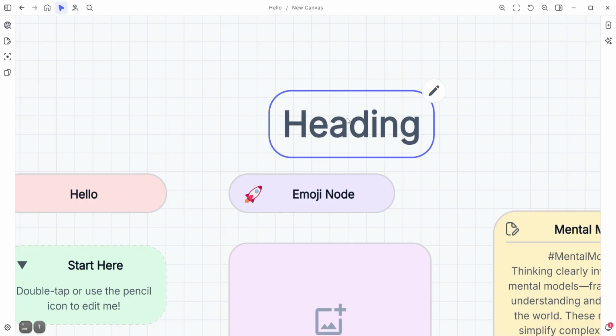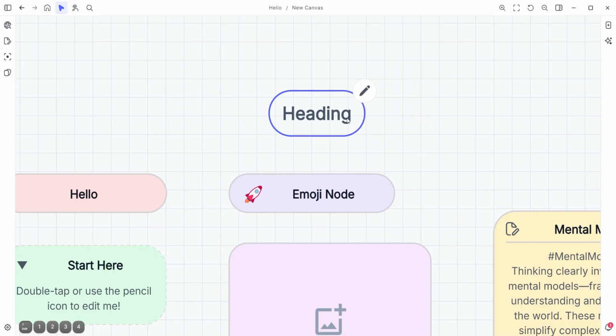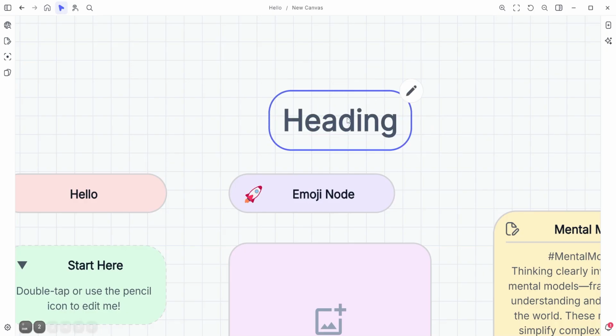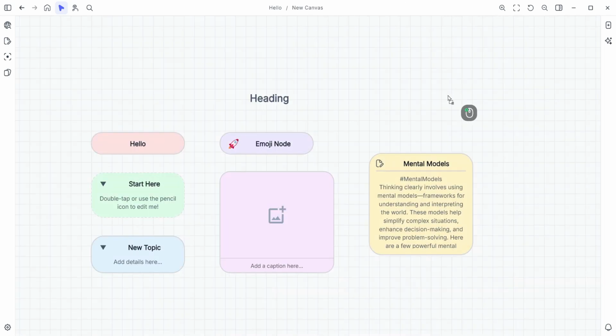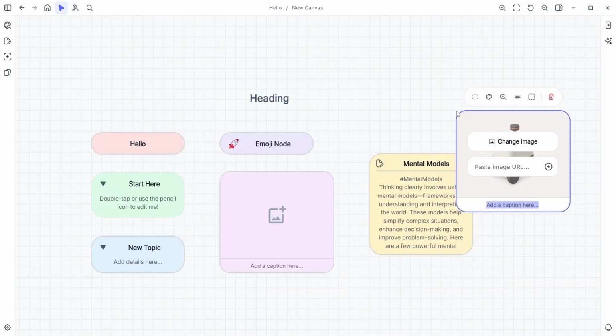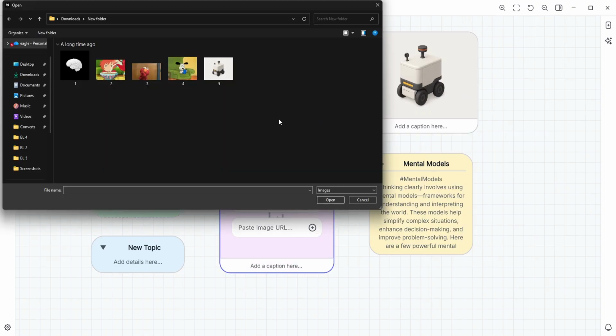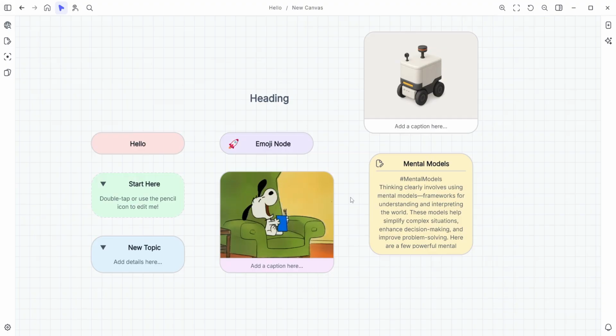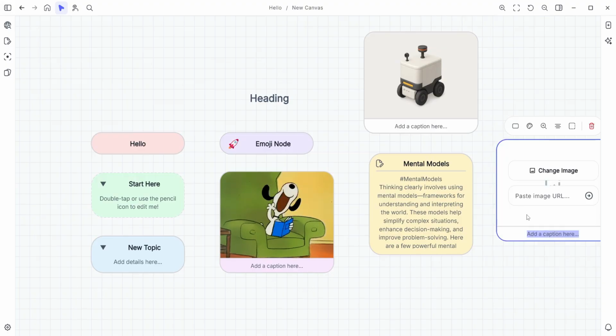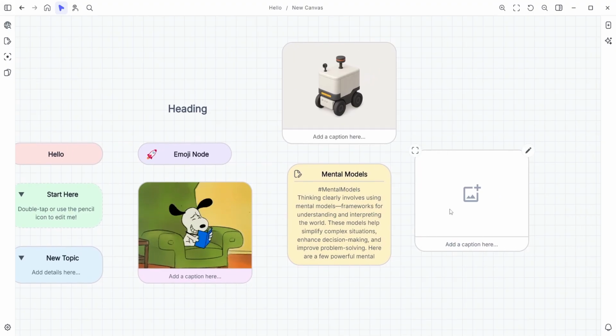You can also press the Shift plus 1 to 6 key to change the heading node text from H1 to H6. For image nodes, you can drag and drop images onto the canvas, or you can choose from your device. You can also use internet images by pasting the URL.